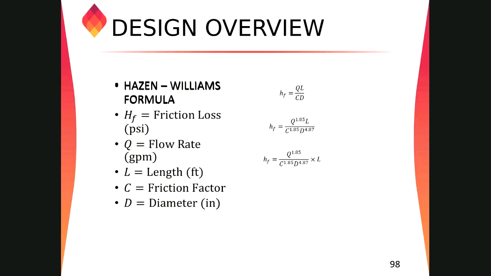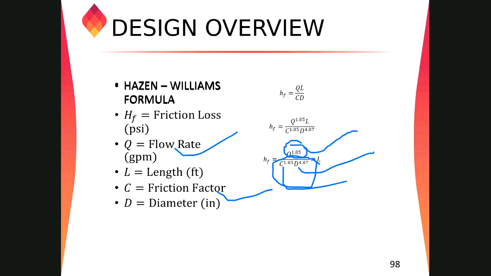So normally the friction loss depends on the friction factor, which is C, and the flow, right? If your flow is high, the friction loss is going to be high. Your C factor for the pipe is constant and the diameter of the pipe is constant. So if the flow is going up, we are going to get a higher value. The higher the flow, the higher the friction loss, right?